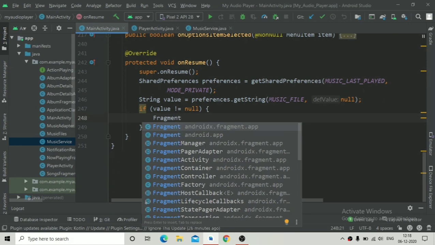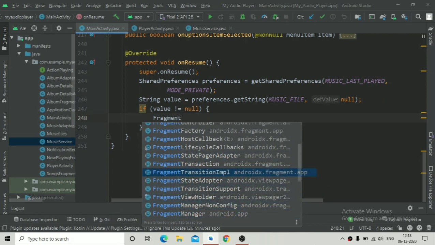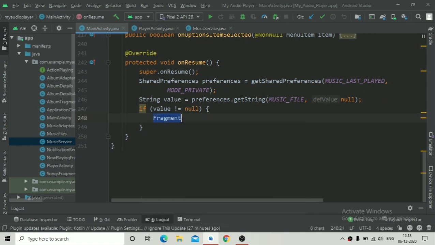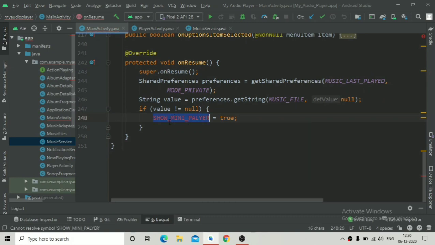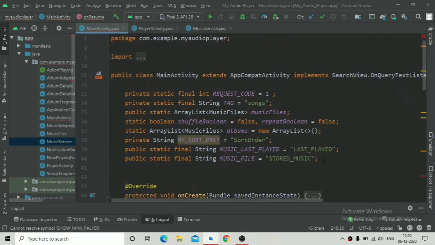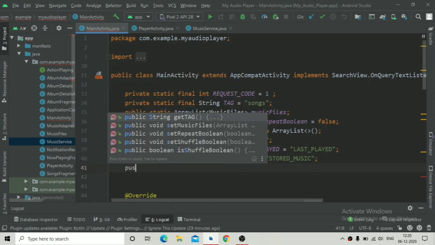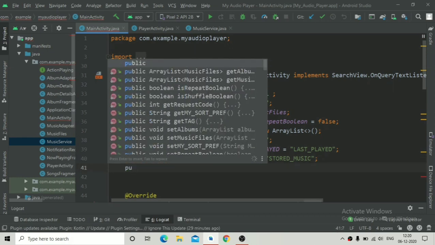So before that I'm going to create fragment or fragment transaction. Or let's wait, we can do something else over here. So just remove it, and we will be creating a SHOW_MINI_PLAYER boolean variable. So just write it over here. Now we have to create it inside our main activity. So just copy this and create a boolean variable with the name SHOW_MINI_PLAYER.